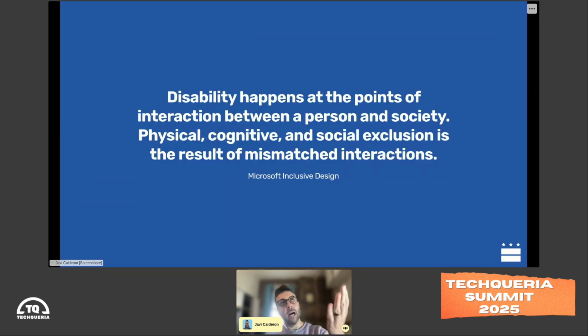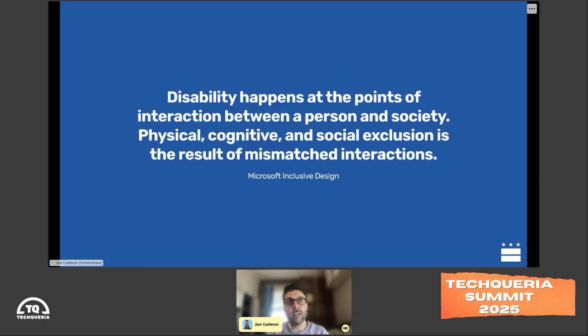And I love this quote. This is from the Microsoft inclusive design. They put a lot of attention into this. It's beautiful. Disability happens at the point of interaction between a person and society. It is not your problem. It is not my problem that I am unable to take advantage of this experience. It is the problem of the builder, right?